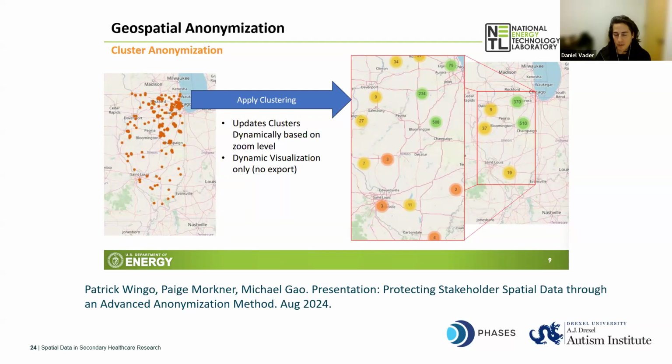So there's a lot of different ways that you can approach this, introducing de-identification or informational noise to make sure that this geospatial information doesn't become identifiable